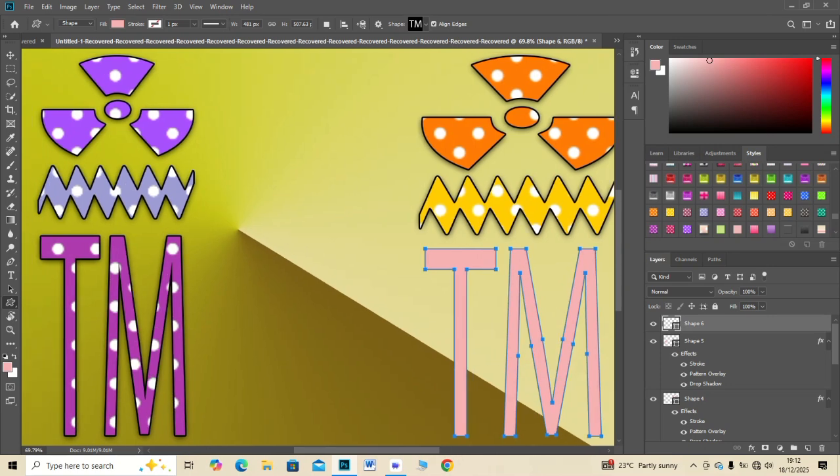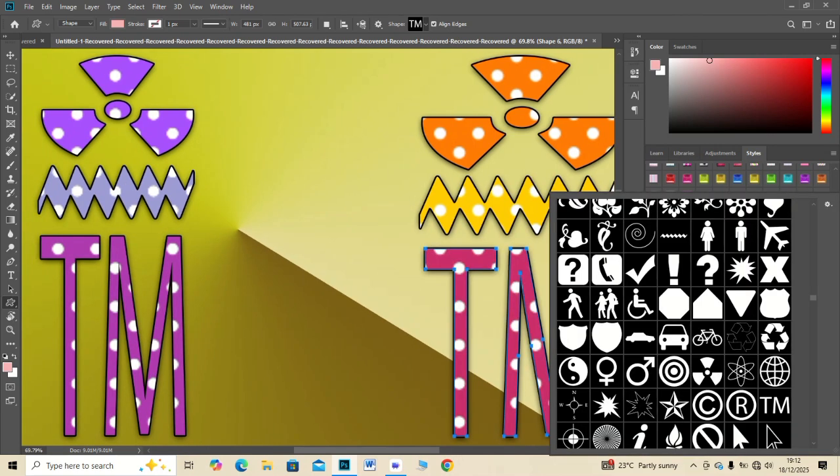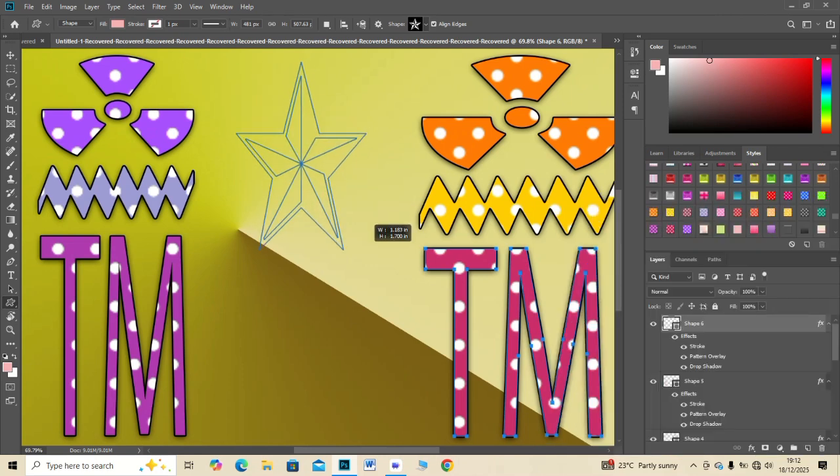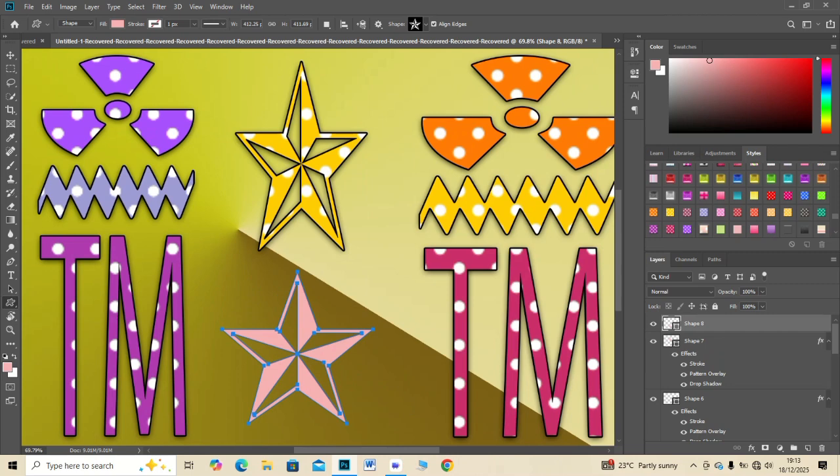Then select the duplicate and slightly resize it smaller. Change its color to a darker shade. Move it slightly inward to create a folded effect. Double click the top shape layer. Add a soft inner shadow and add a